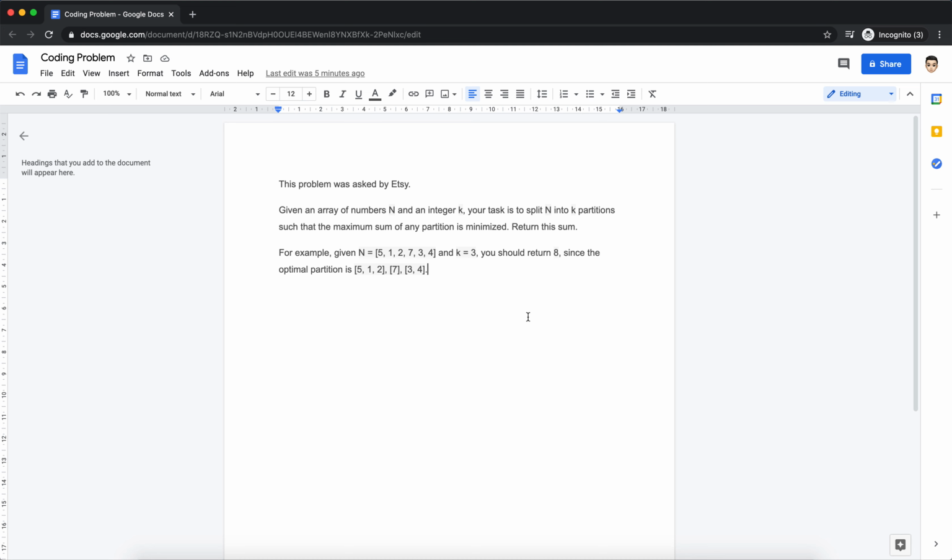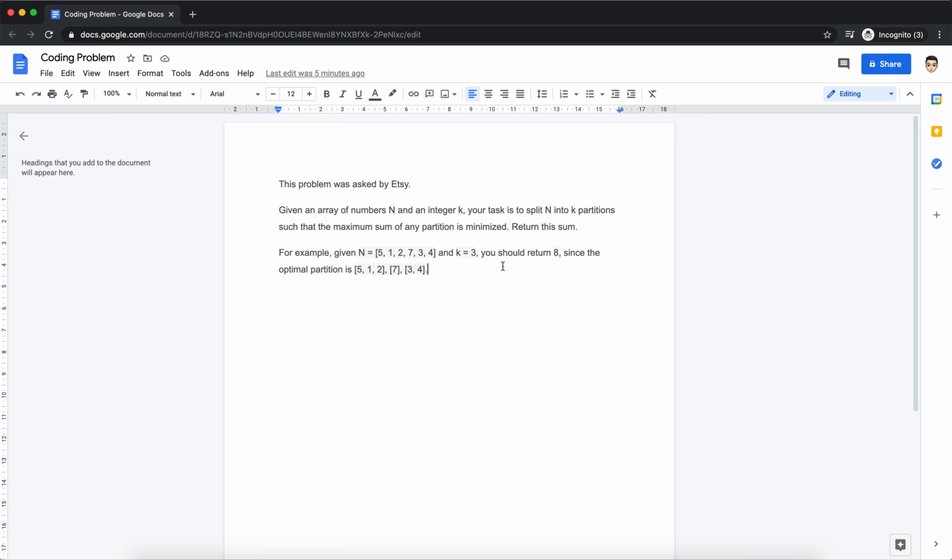Now how can we approach this? One approach, the brute force approach, that comes to my mind is you basically have three groups and you try to permute all the combinations in each of the groups. Like if you put 5 in the first group and then combine 5 with 2 and then combine it with 7, okay, so that's the maximum value, and then you try to combine 5 and 2, something like that, and that will go till, I don't know, polynomial time, and that's not what we want.